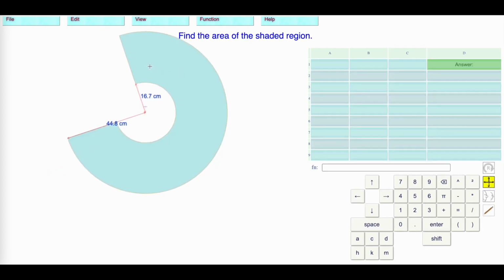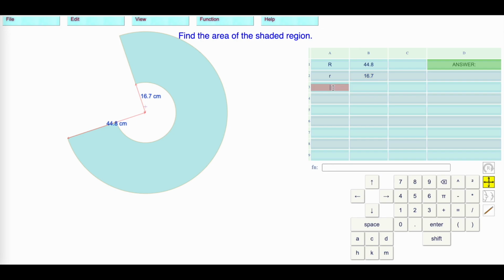Do another one of these. Similar question. We're talking about 3/4. First, we're going to figure out the area of the little circle, then the area of the full big circle. Then we're going to get the shaded region if that went all the way around, and then we're going to take 3/4 of that. The big radius is 44.8 centimeters. The little radius is